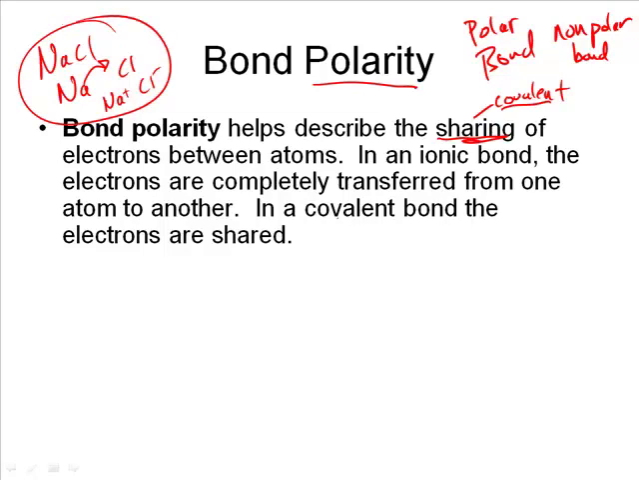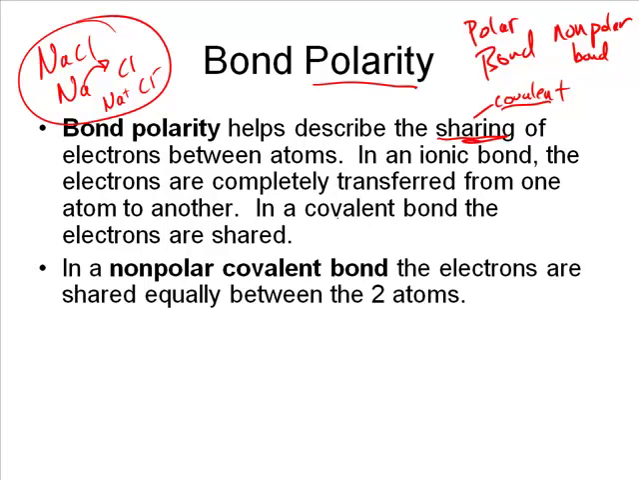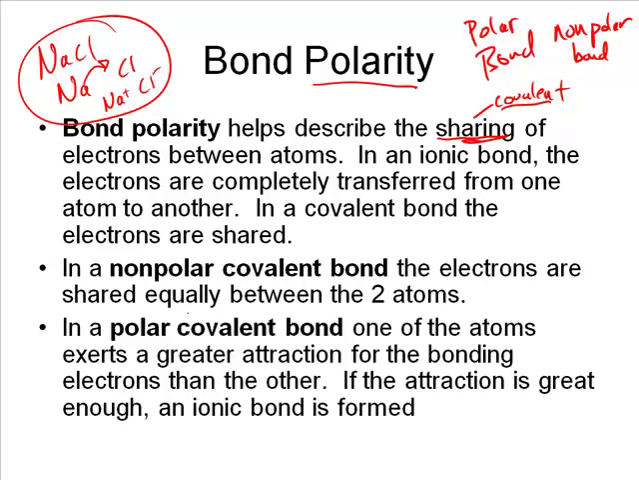So in a covalent bond, the electrons are shared. In a nonpolar covalent bond, the electrons are shared equally between the two atoms. However, if it is a polar bond, and a lot of times we take out the word covalent because we know that if it is a polar bond, it has to be covalent. So a lot of times that covalent is just left out. We'll just say it's a polar or a nonpolar bond. In a polar bond, one of the atoms in that bond has a greater attraction for the electrons than